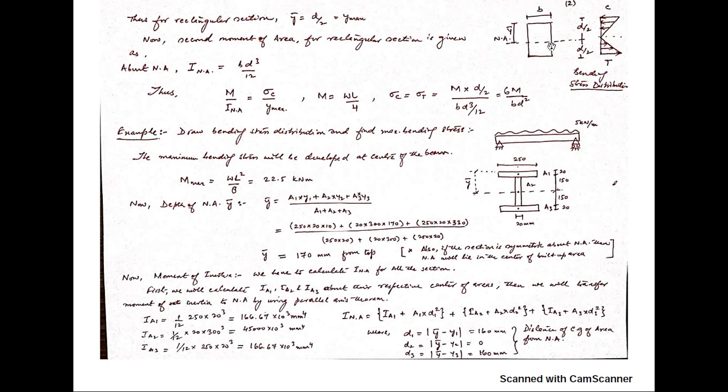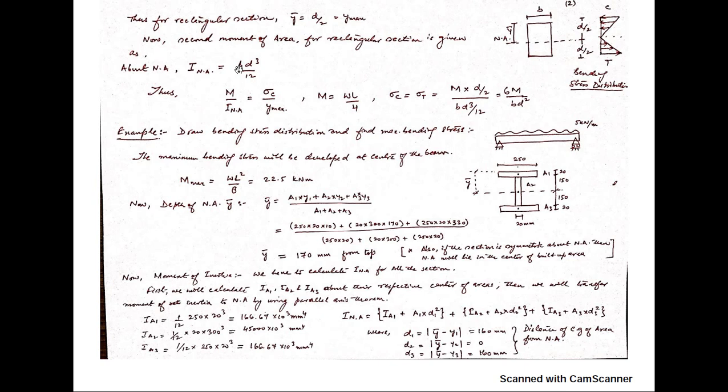So let's see over here for the rectangular cross section. For the rectangular cross section, this we have calculated: what is y bar, the neutral axis? Well, the neutral axis will lie at d by 2, which means it will be at the centroid, the middle point of the cross section, and I will be bd cube by 12. So you have to remember this equation, bd cube by 12, and how we got this. Basically we got it from the integration, and you can go to the Wikipedia page and see how it is calculated over there.